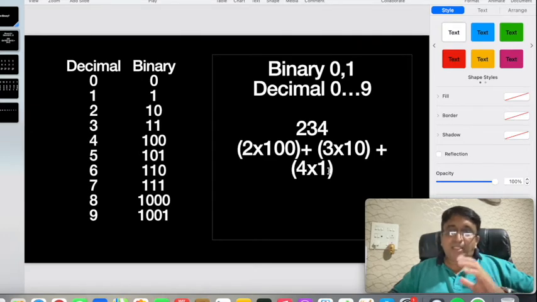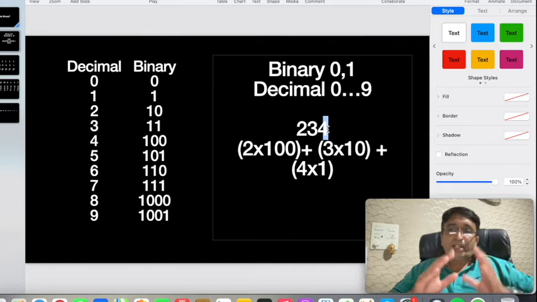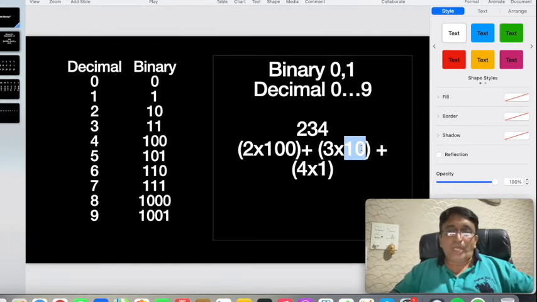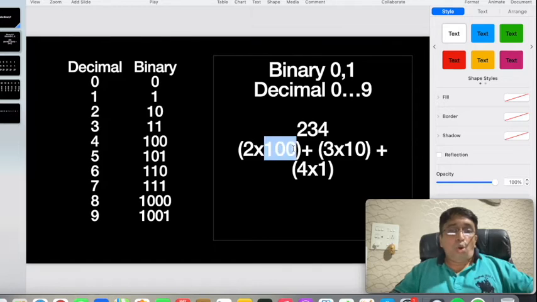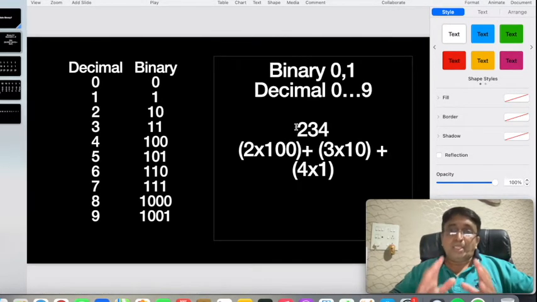So as the numbering system is made of ten numbers, the first position, that is units, means 10 raised to 0. The next position is tens, that is 10 raised to 1. And the third position is hundreds, that is 10 raised to 2. So overall, the first position is 10 raised to 0, the second position is 10 raised to 1, and the third position is 10 raised to 2, because the numbering system is made of 10 numbers, that is decimal.